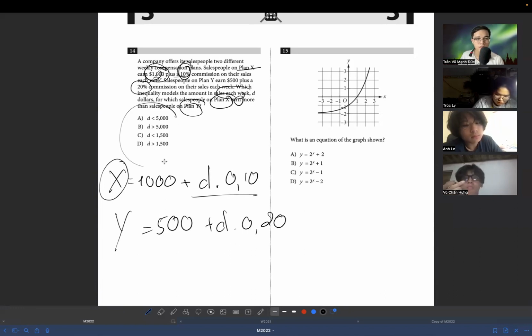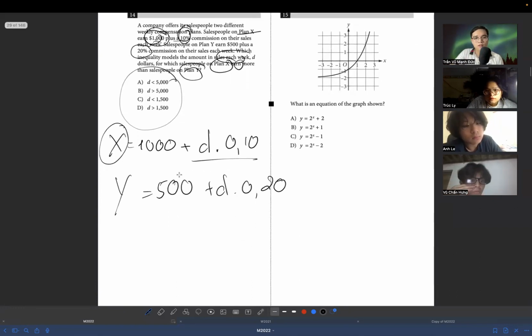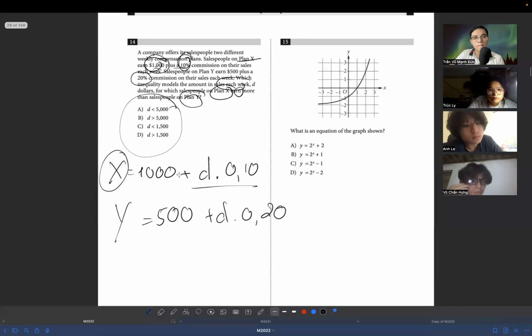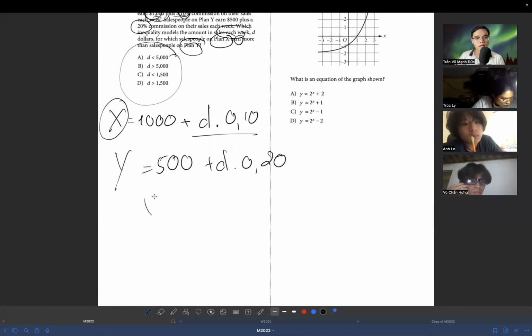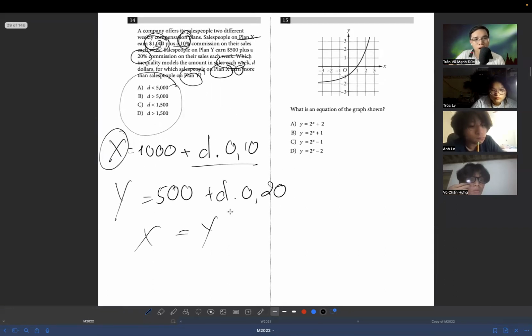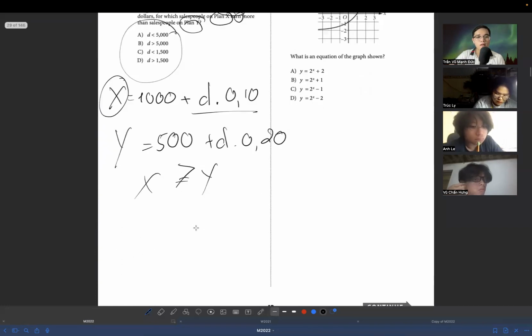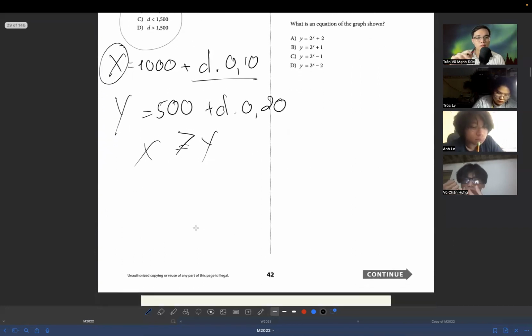How can you calculate this? You can just do this. X and Y, let's make them equal. No, in fact, let's make them X is more than Y. Make them more than Y. I will just do it. I make it X is bigger than Y. So 1000 plus D times